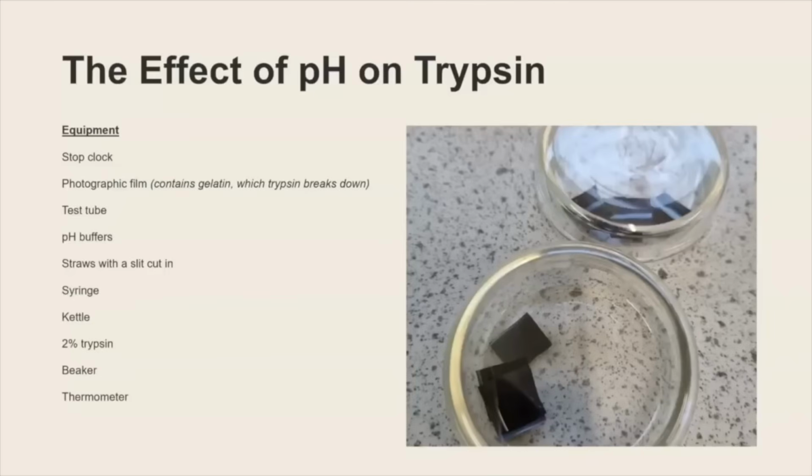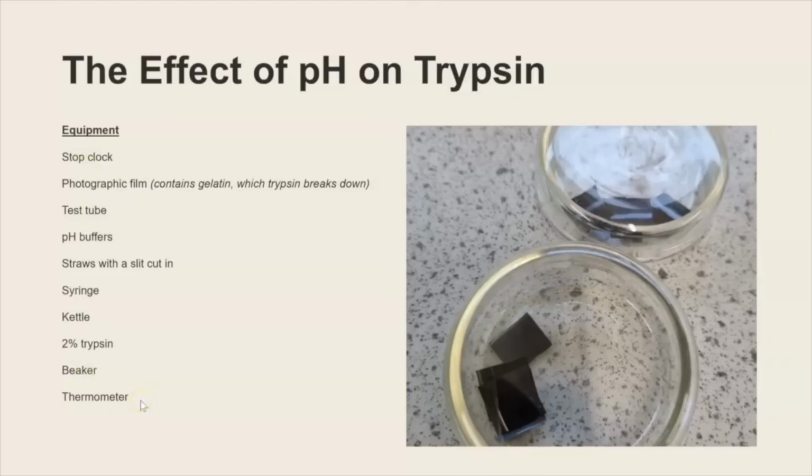Now for this experiment, this is the equipment that you will need. So stop clock, photographic film, and that is actually the source of the substrate for this experiment because the enzyme trypsin can digest and hydrolyze gelatin. So what we'll see is the photographic film will go from being this black opaque colour to colourless and clear. So that's what we're going to be looking at,